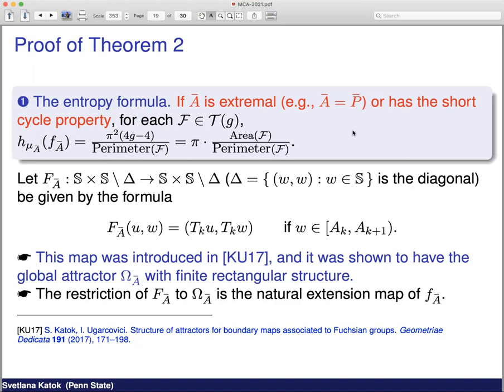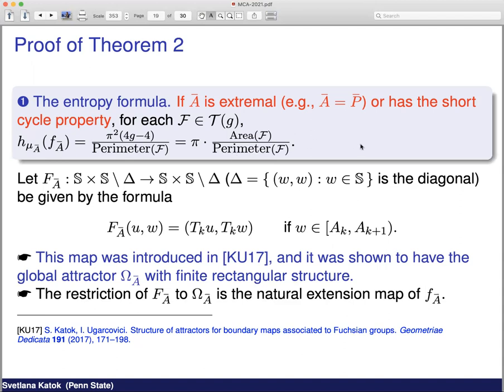Of course, there are finitely many extremals, essentially. Short cycle property is an open condition. So we do have a kind of big set, but it's not everything. Okay, so the formula which I'm going to prove is that the measure theoretical entropy is pi over area divided by perimeter